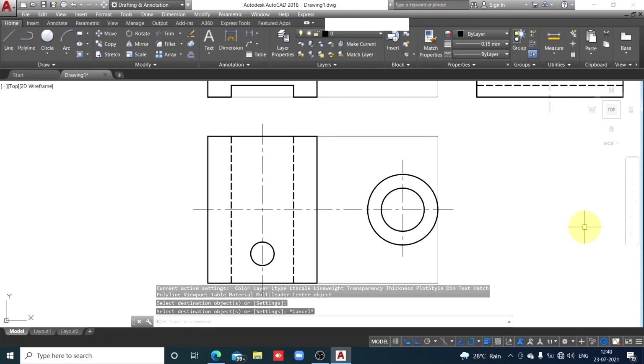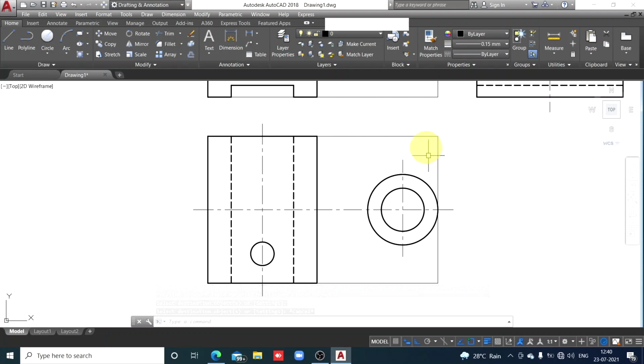Now, I'll explain to you how to use the mirror command. This is the axis of symmetry. But this circle, we can draw it here independently also, like we measured 15 millimeter from the front end, by measuring 15 millimeter from the back end to locate the center. But since we have just started studying AutoCAD, I am just introducing you to different commands. Before that, the circle will be completed.